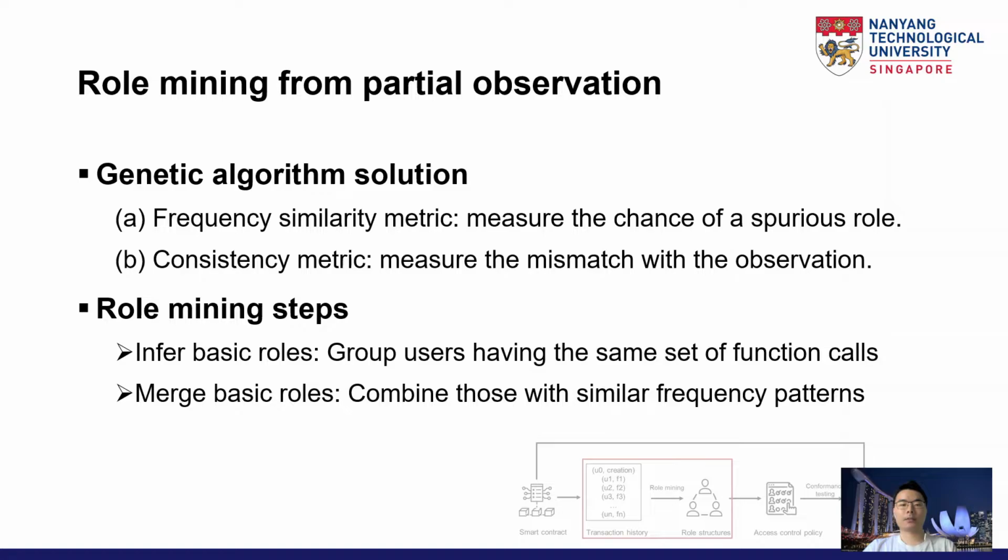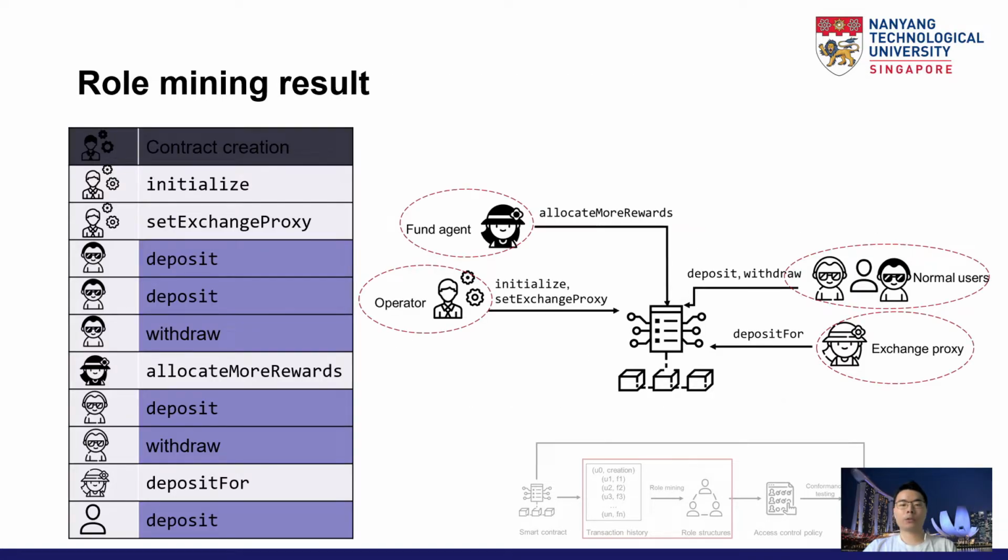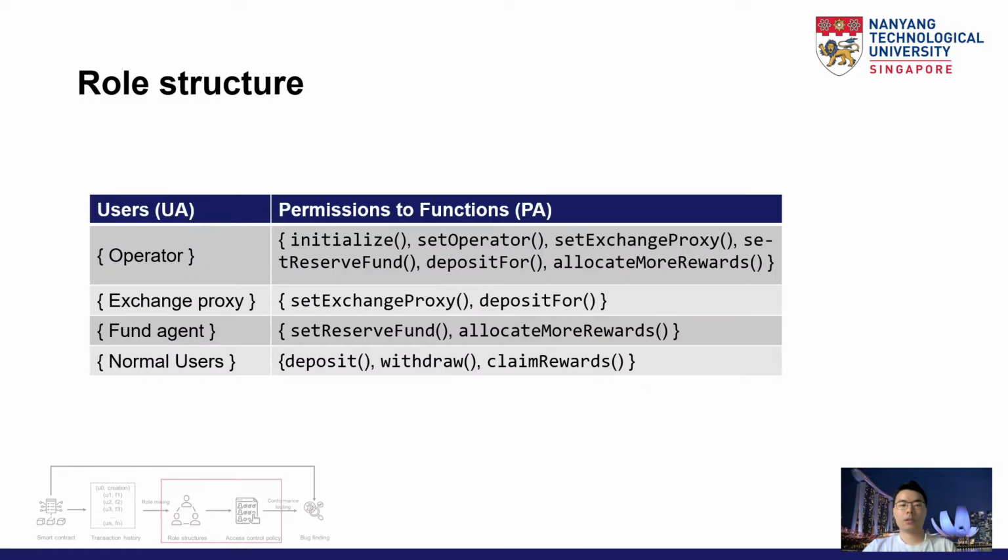According to these steps, we can get 4 roles. Each role is constructed by a set of users and a set of functions. Normal user includes 3 users, and they have the permission to call deposit and withdraw functions. Here we show the complete role structure in the table. There are 4 roles. Operator role has the permission to initialize the contract,